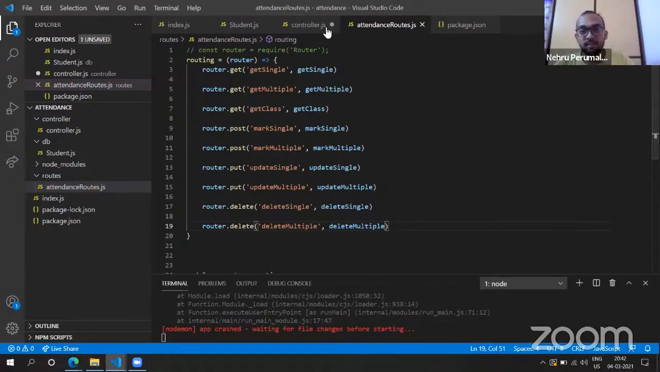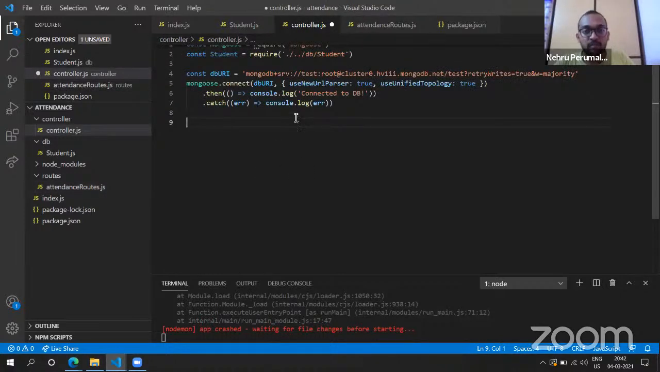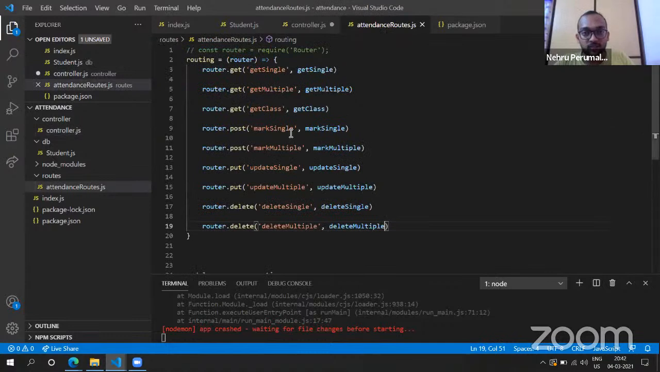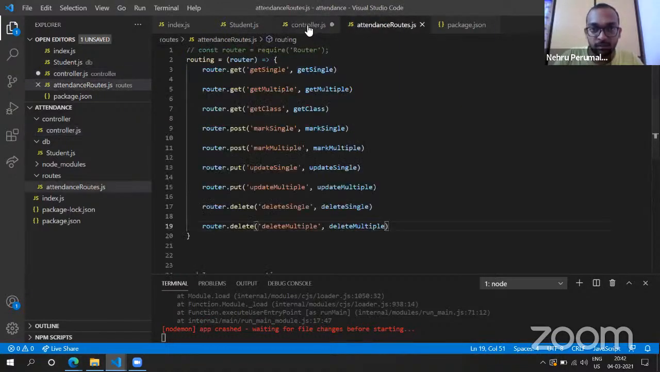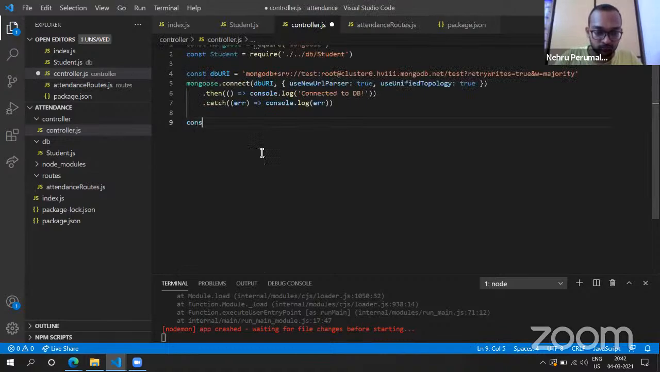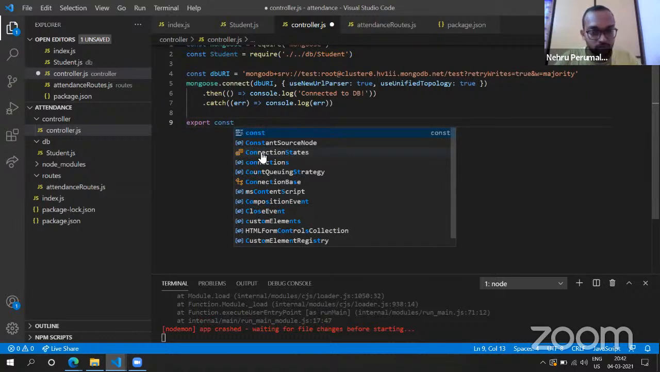these methods in this controller.js, export these methods from here and import them in the attendance routes. As of now, we'll just create skeleton methods. What are all those methods? Get single, get multiple, get class. While creating them, we'll export them. Export const